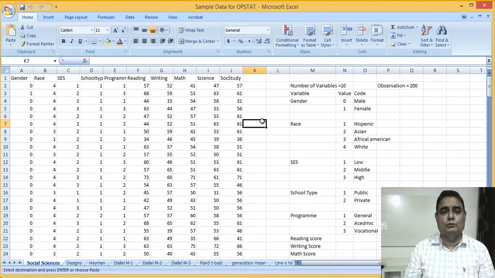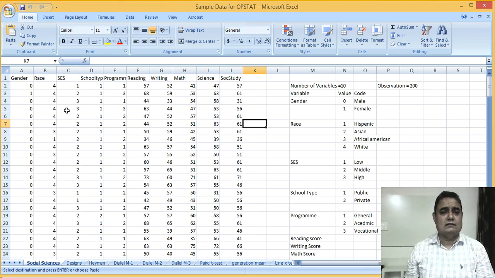Since we have more than 2 groups in races, say 4 groups in races, and 3 groups in socio-economic status, I want to compare the mean of these abilities on the basis of their races and their socio-economic status.